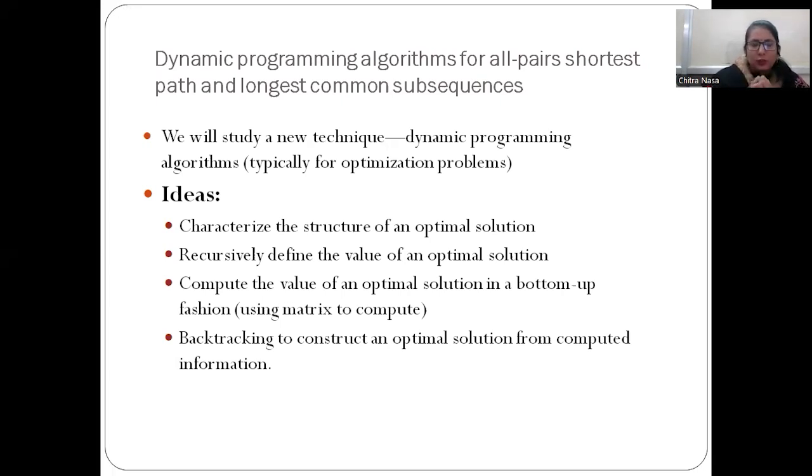DP is an approach which is used for optimization problems. Now, what is an optimization problem? Optimization problems are those in which you need to either maximize something or minimize something. For example, if we're talking in terms of profit, then you have to maximize. If you talk in terms of cost, then you have to minimize it. In this way, the DP approach works,